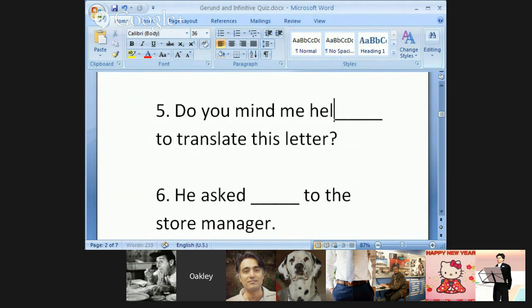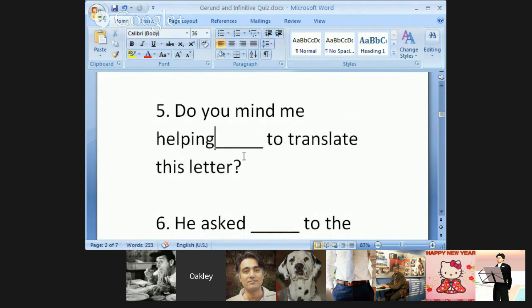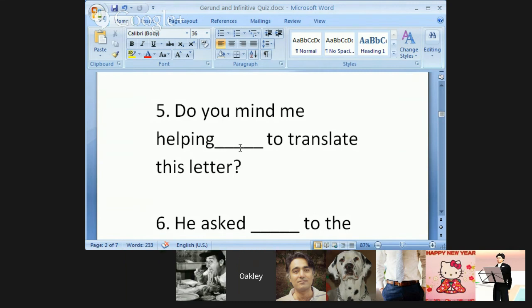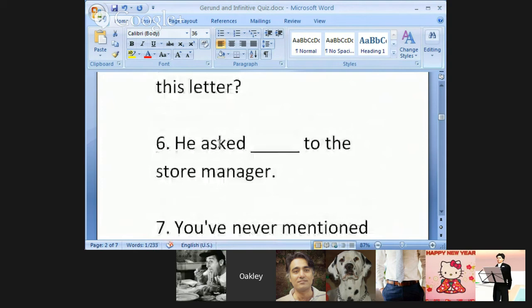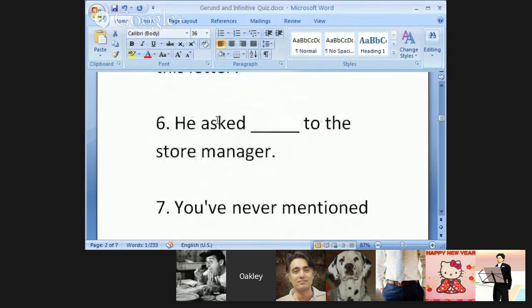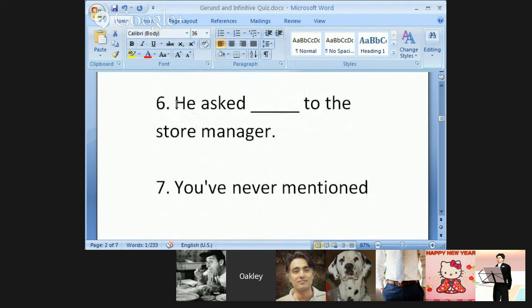It would be much better. Do you mind me helping? I would never say, do you mind me to help with the dishes? I would say, do you mind me helping you with the dishes? Do you mind me cooking dinner? Not, do you mind me to cook dinner? Yeah, it needs a gerund. Mind. Okay, all right. There you go. Another stative that wants a gerund. If you don't see a pattern yet, you really should.